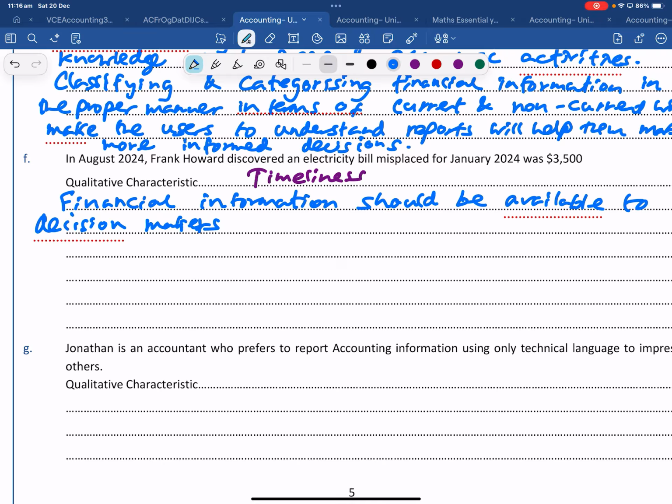No, this answer is not correct. So that's why I said, like always, follow my answer, right? Should be available to decision makers in time. Where did you find that answer from? On the internet? No, you figured it out. Yeah, that's fine. But at this point, you have to write my one, because what happens is, guys, if you don't get into this format and this method of writing, then it will continue, and you will be penalized. That's the problem.